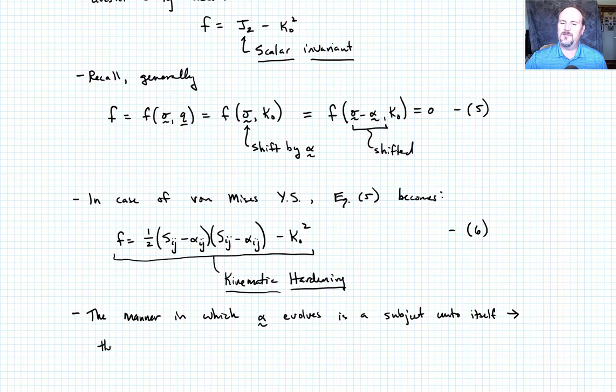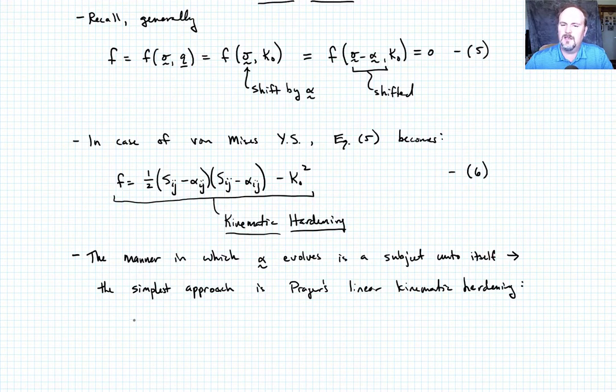I'll just say that the simplest approach is going to come from a gentleman that you have heard before. The simplest approach was from Prager, what's called Prager's linear kinematic hardening, which states that d alpha ij, the increment in the backstress tensor. Remember that alpha ij begins at 0 because that's where your yield surface is centered. But d alpha ij